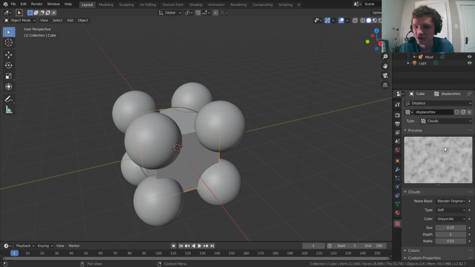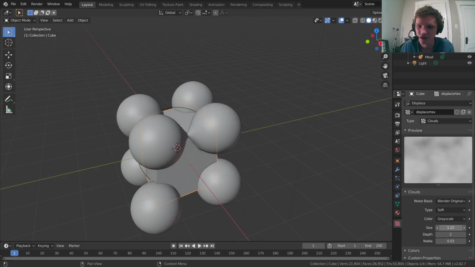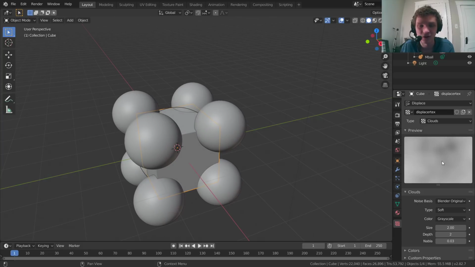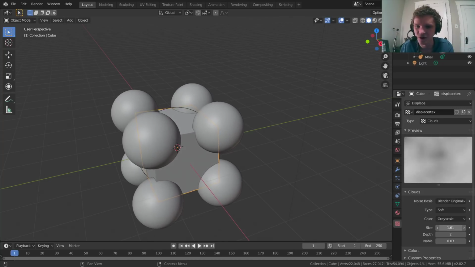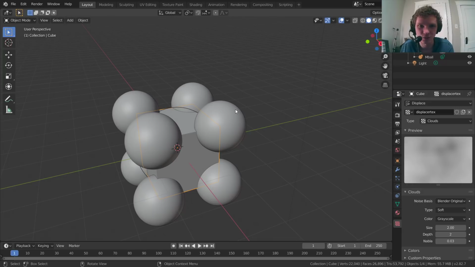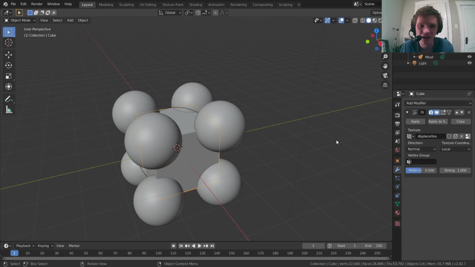And then we can even mess with it further. What we're looking at right here is what this texture, our noise, essentially looks like. We can take the size and bring it up, and you can see it zooms in, which effectively softens everything, instead of having this chaos. We're very zoomed in, and that's going to make a very smooth animation. You can also do the opposite. We can do some more stuff here, but for now we'll leave that as is and come back to it. So now if we go back to the Modifiers tab,